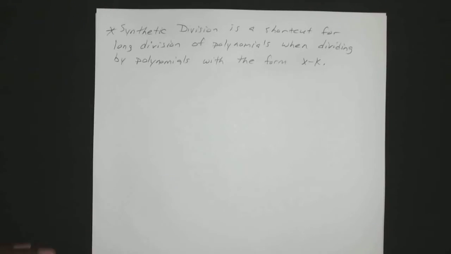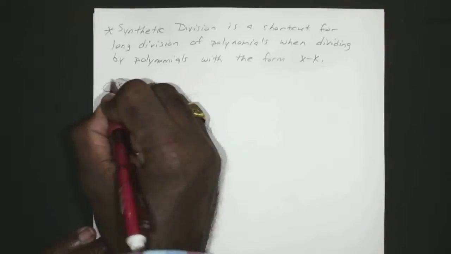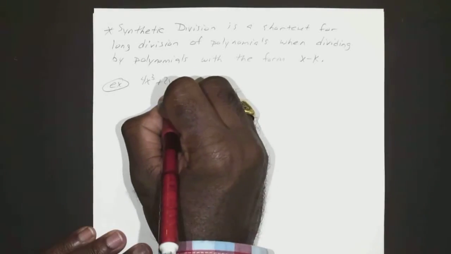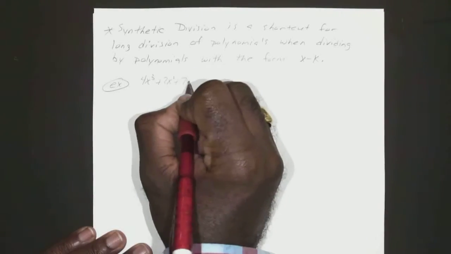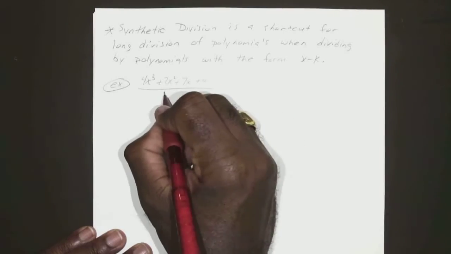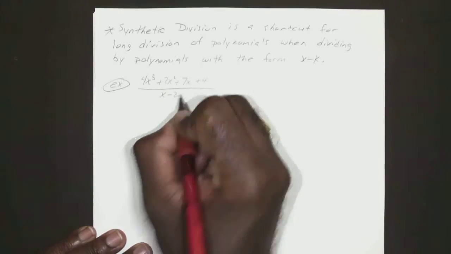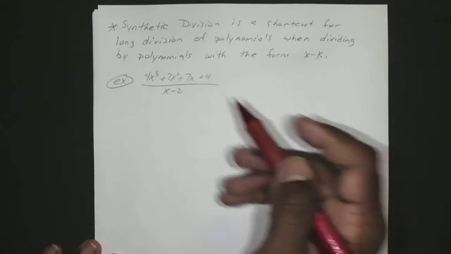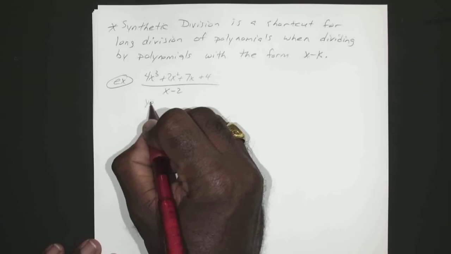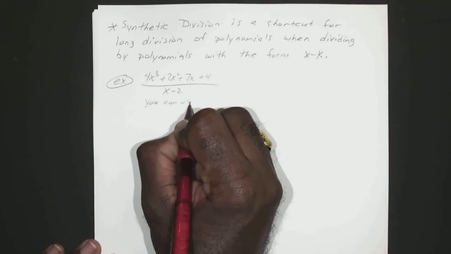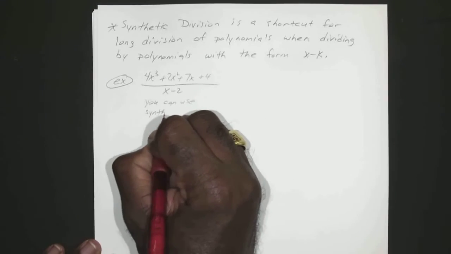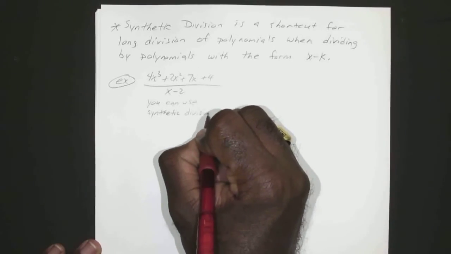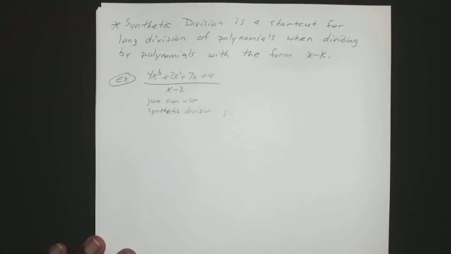Okay, so what that means is, let's say, for example, if you wanted to divide 4x to the third plus 2x squared plus 7x plus 4 divided by x minus 2, you can use synthetic division because it's x minus something. You can use synthetic division. Okay, so let's say if you wanted to divide